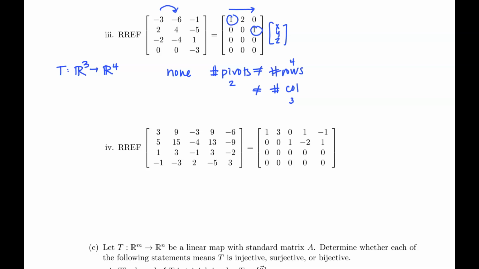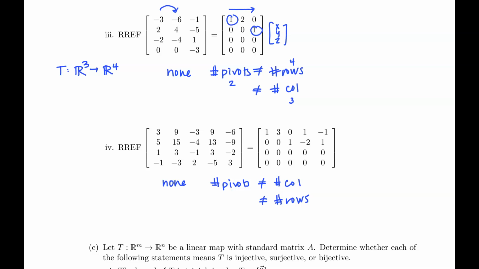The last thing we have here, same, we could just write none. The number of pivots does not equal the number of columns. We only have 2 pivots for all 5 columns. It also doesn't equal our number of rows. Now, a lot of students, I think because they were just so thrown off, felt like they had to have an answer, like there was no way I would have left off the none of the above option or had 3 that were all the same. A lot of students on these last 2 told me that we had surjectivity, that we had as many pivots as we had